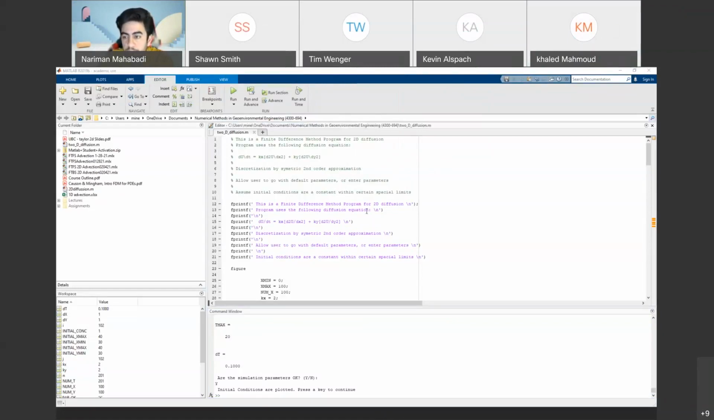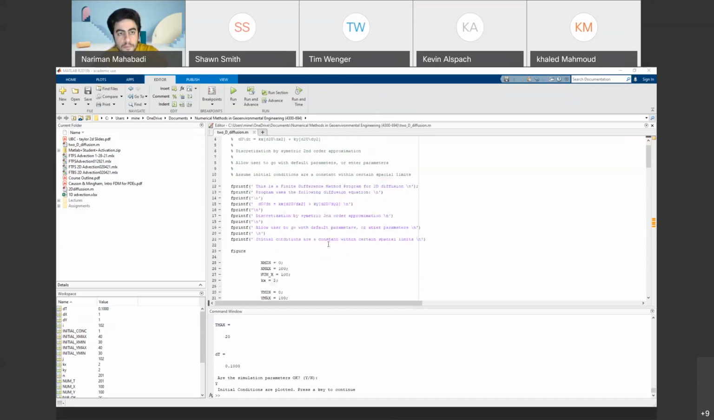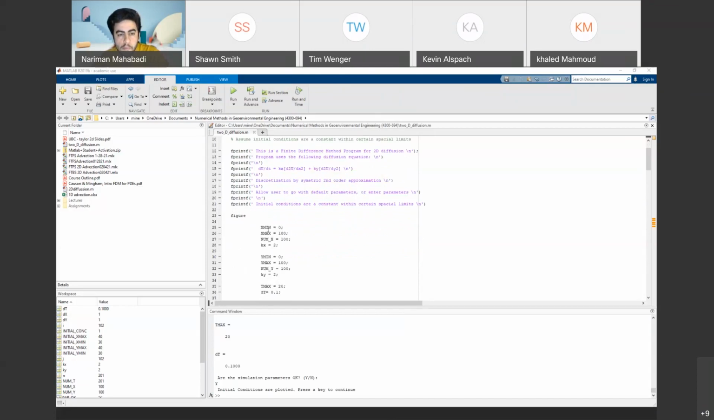Yes. Okay, so I made a code pretty much copying the equations and some of the loops that we did for 2D advection, but used the equation for 2D diffusion. The first part of my code just explains what the code does and prints it out for the user so they know. Then I put in some